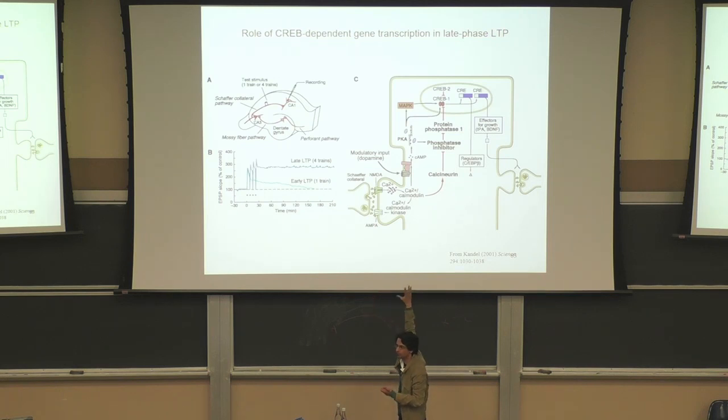So something different is happening in late LTP, and that turned out to be the induction of transcription of genes in the nucleus. So you have this cool communication between electrical activity of the dendrite and ions flowing, that whole world. And that activates CaM kinase 2, as we saw, and then CaM kinase 2 will activate these other pathways like cyclic AMP, which activates protein kinase A, and then that goes to the nucleus and activates some transcription factors that will increase the production of target genes.